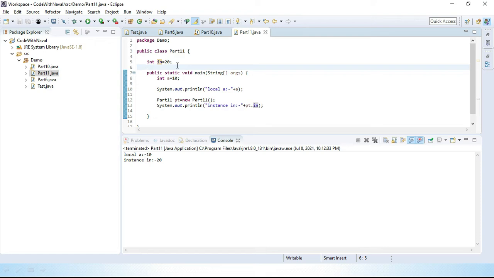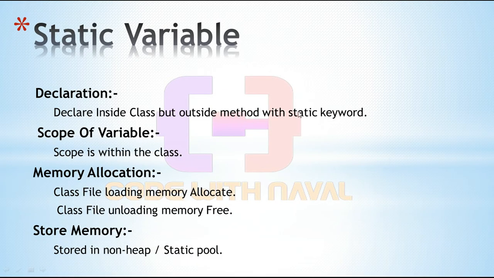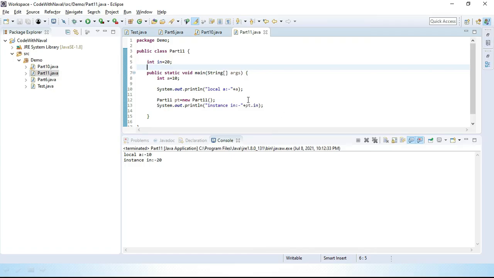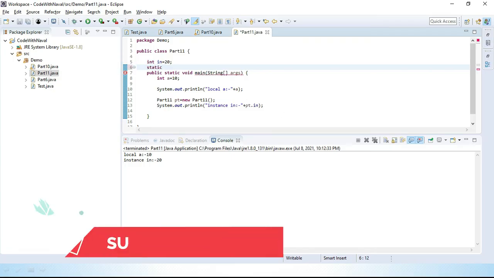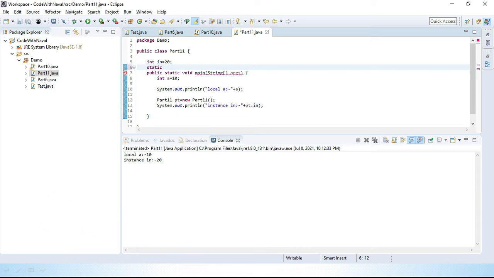Now the third one is a static variable. For declaring a static variable we require the static keyword. Okay, let's define here static. This time we define a class type variable. Class type means a predefined class, string. String is a predefined class type variable, and we are using that variable. Okay, string name, I'll simply create here a variable name and I'll give my name.